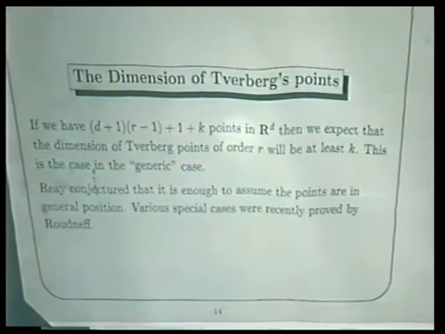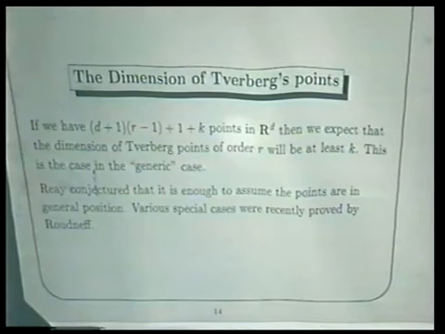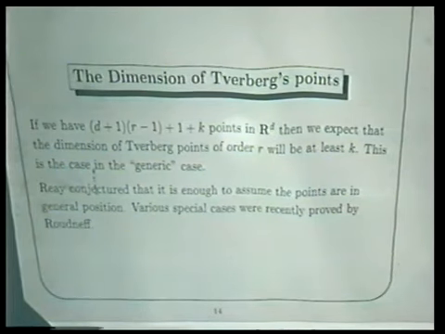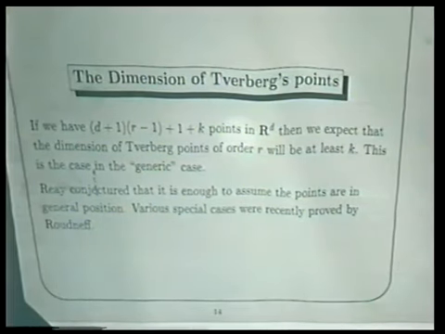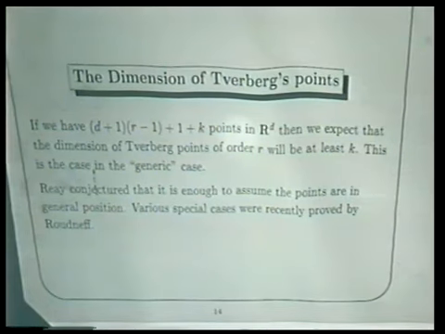And of course, this is true in the generic case. If the points are sufficiently generic, then the dimension you will get is precisely the extra number of points which you have. Now, it was conjectured that it's enough to assume the points are in general position, and Raudnev proved several special cases, and then again you wanted the dimension of Tverberg points to be at least that. But let me now point to another direction of studying